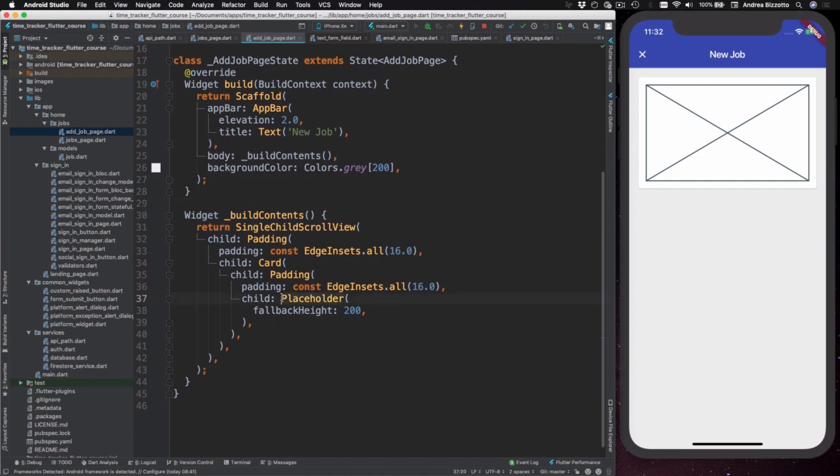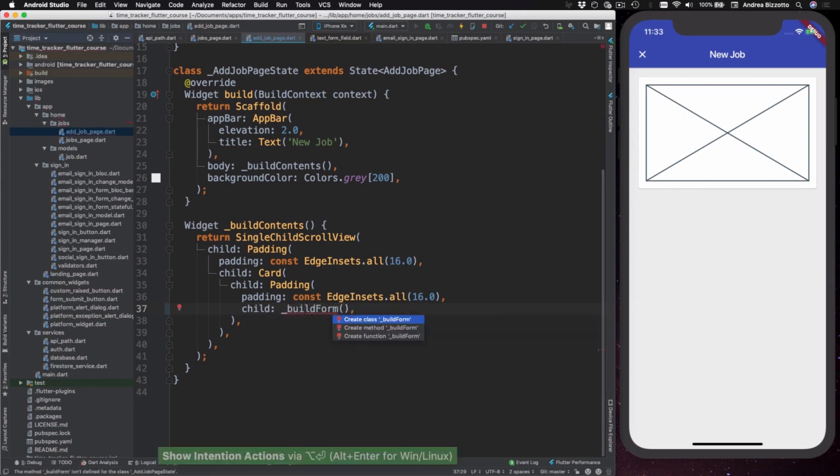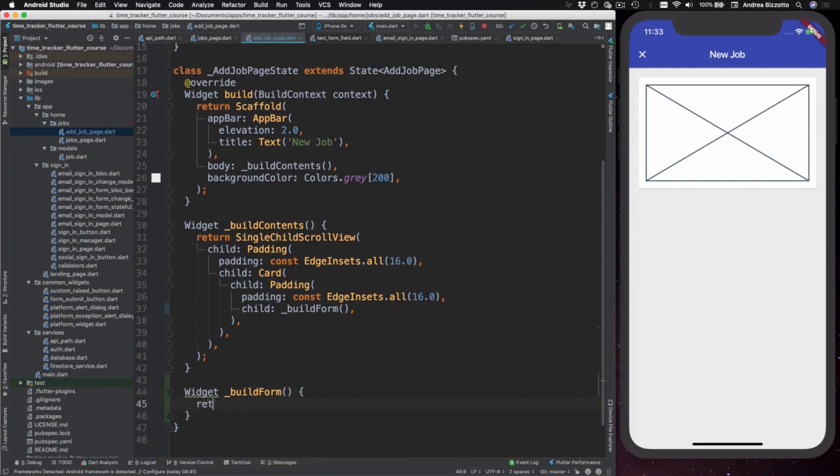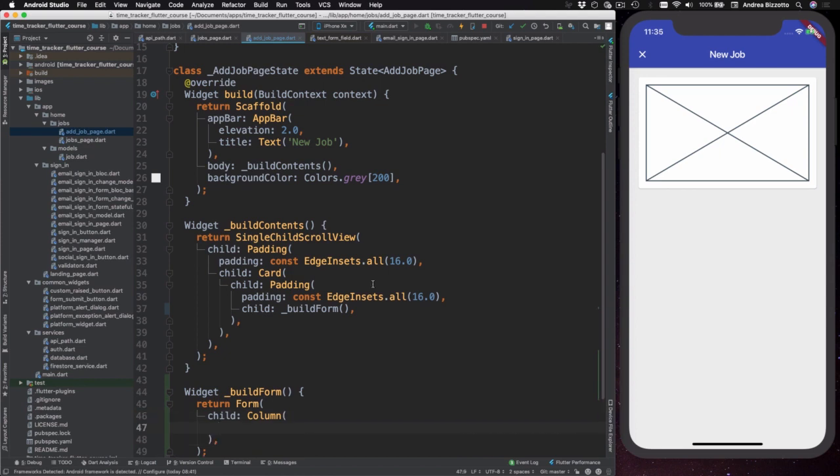I'm going to start off by replacing this placeholder widget with a new method called _buildForm, like this. And I'm going to create this as a method. This should return a widget, and inside the method body, I can return a form, like this. This takes a child argument, and here I can use a column because I want my text fields to be laid out vertically. And then I can specify a cross-axis alignment of CrossAxisAlignment.stretch